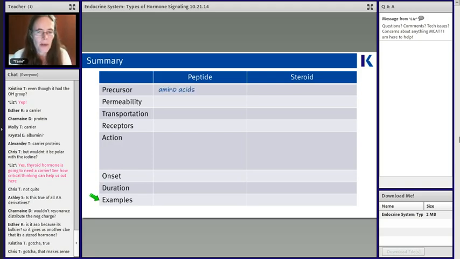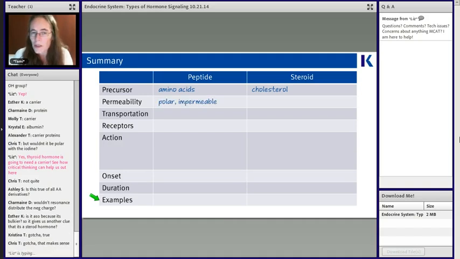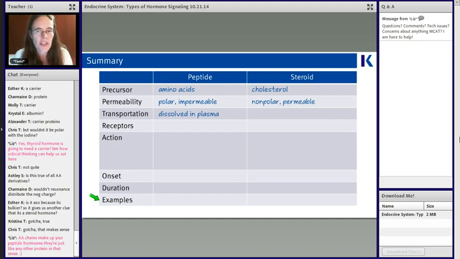So a peptide hormone is a precursor of amino acids, a longer peptide that gets cleaved. Whereas steroid, you guys all said, was cholesterol. Peptides are polar, they're not permeable. Steroids are nonpolar, hydrophobic, they can cross that core. Then we have our transportation. Peptides are dissolved in the plasma. Why? They're water soluble. Steroids cannot be transported through my blood by themselves. They need those carrier proteins, albumin being one of them,